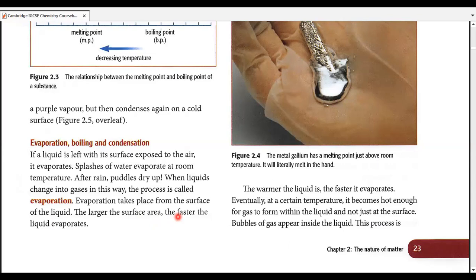Excuse me, sir. Yes. If we take a larger pan and put the same quantity of water in it, the pan with a smaller surface area will not evaporate as quickly as the one with a larger surface area. Right, very good example. If we take a larger pan and try to evaporate the same amount of water as in a smaller pan, comparatively, the larger pan will evaporate the water faster than the smaller pan.